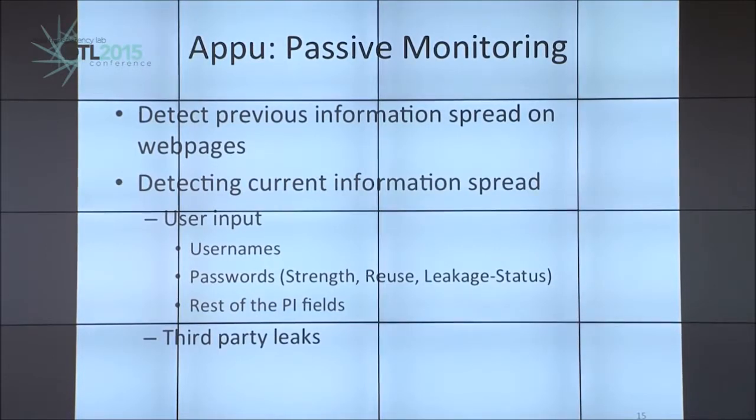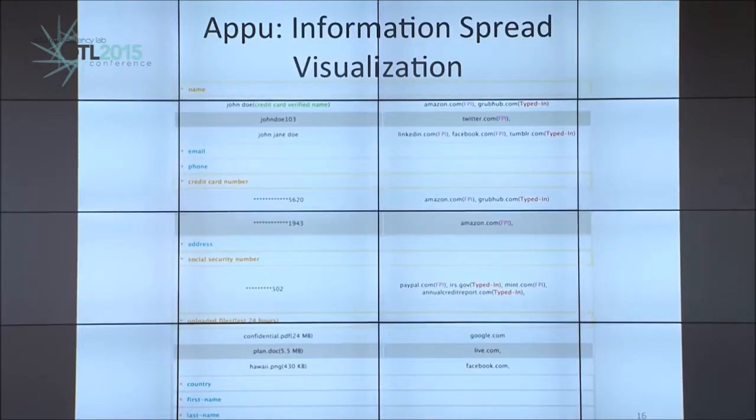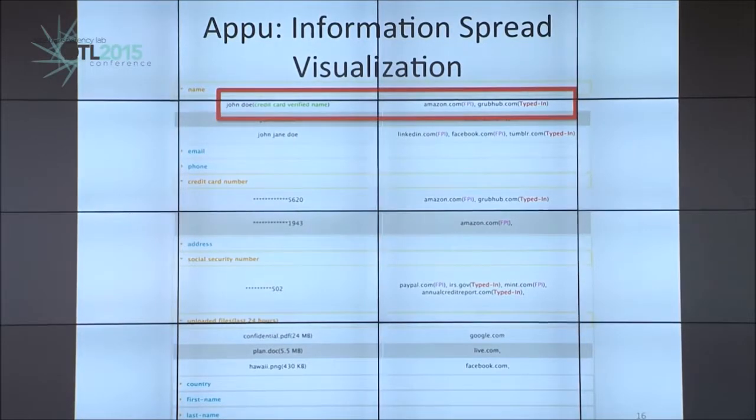Finally, whenever a first-party web page makes a request to the third parties, we scan the HTTP request parameters as well as cookie values for personal information fields. So, as an example, the user can see all this information in one single place. For example, he can see John Doe, which is a credit card verified name because it was present on Amazon, and the same information has also been present on Grubhub. Similarly, for credit cards, social security numbers, as well as for files uploaded, all this information will be shown at